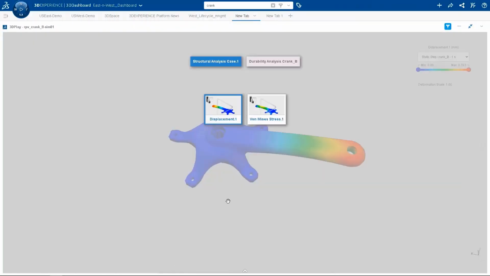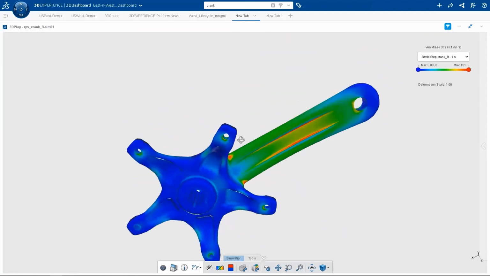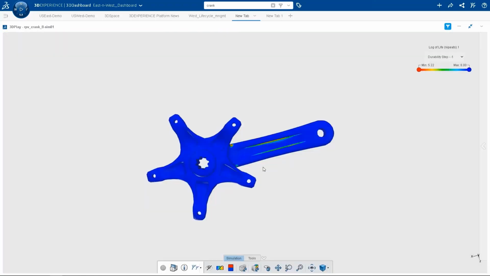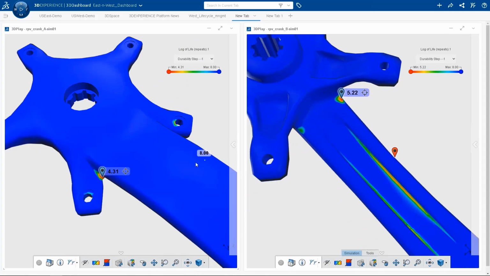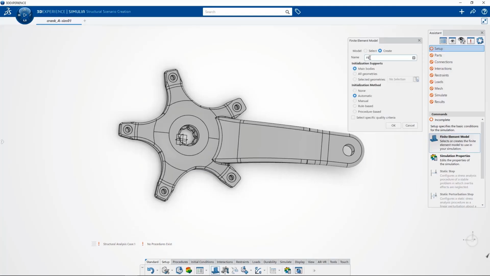With Simulia's durability performance engineer role, design engineers can quickly understand not only the structural integrity of a product, but also its durability to determine its performance in the real world without expensive prototypes and time-consuming physical testing. With this role, users will be able to